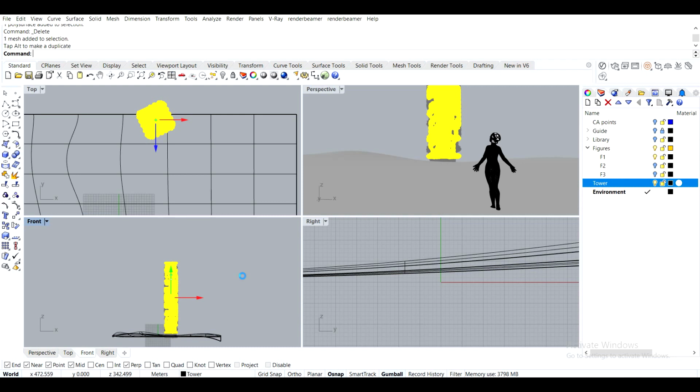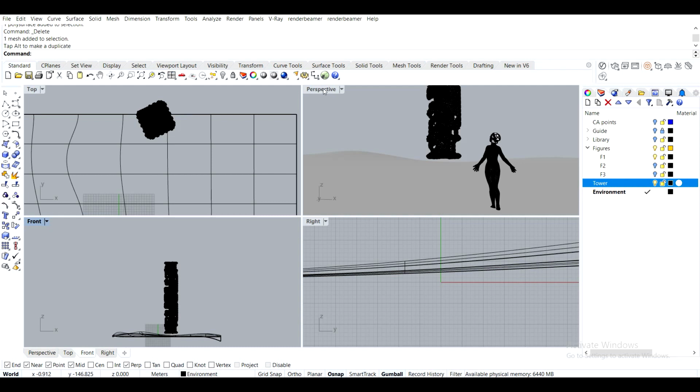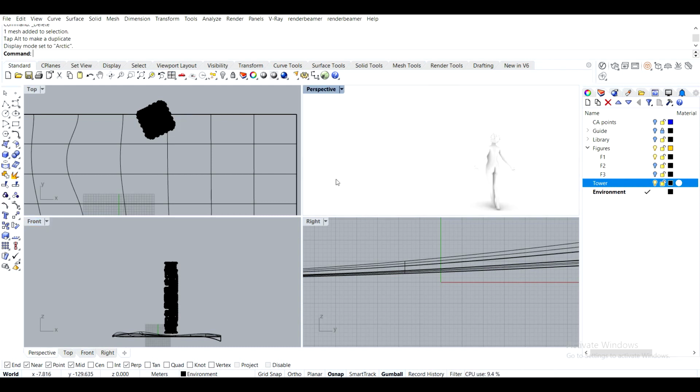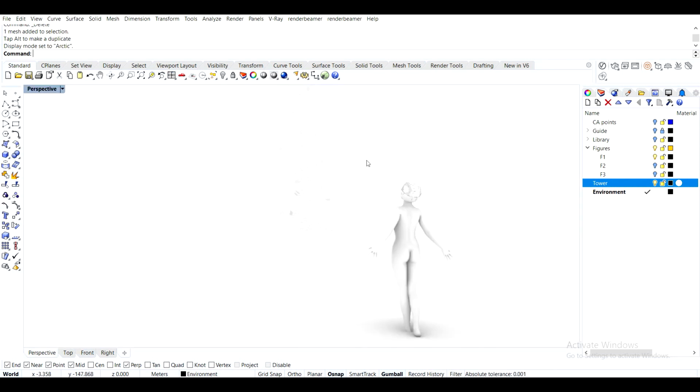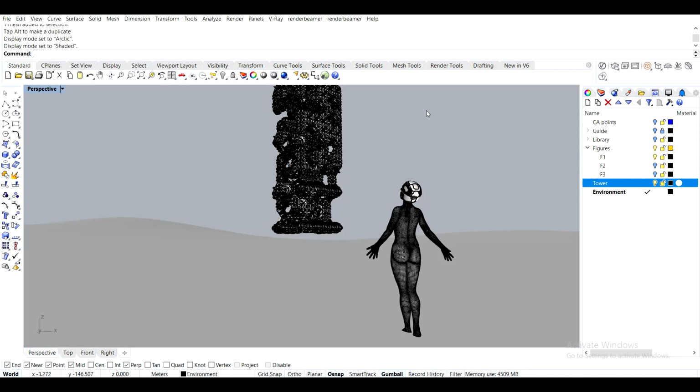So at this point, I would probably be using my better laptop for this, because this is way too heavy to work with on this one. But this is the composition that we get. This is good enough for us to start working with. Okay, so now I will Control A, select all, hide,